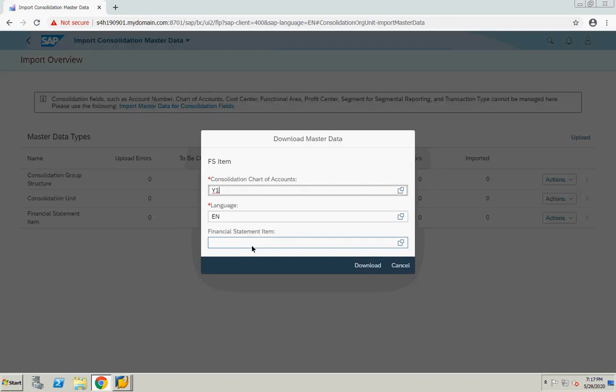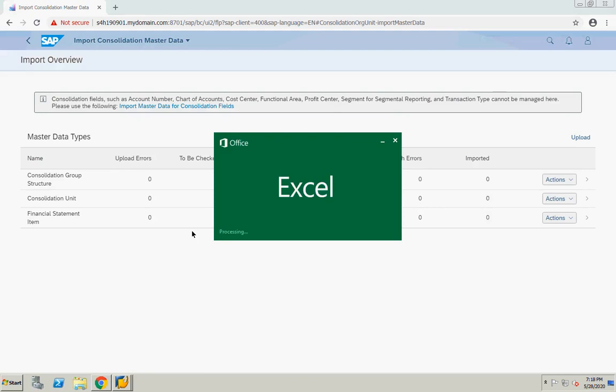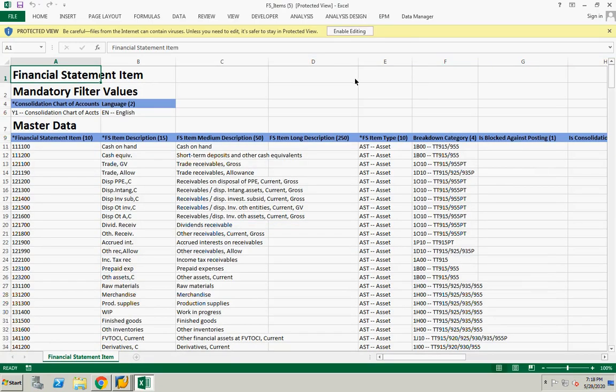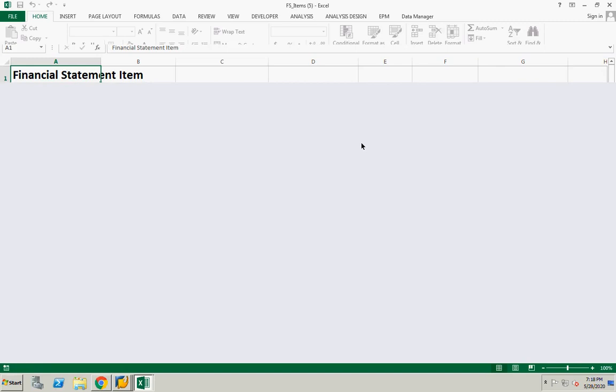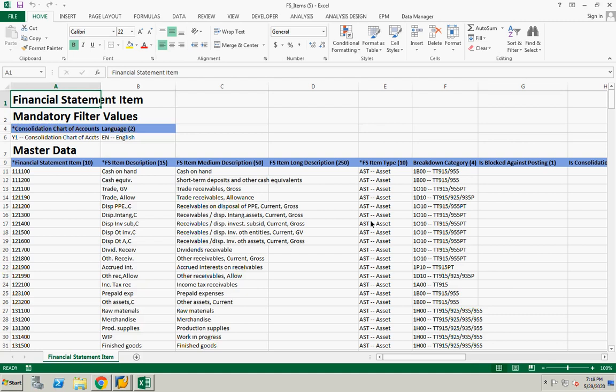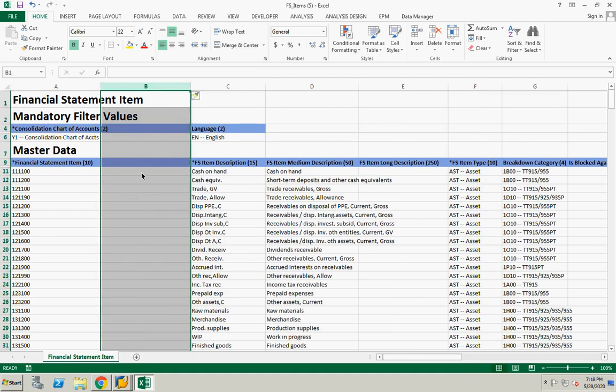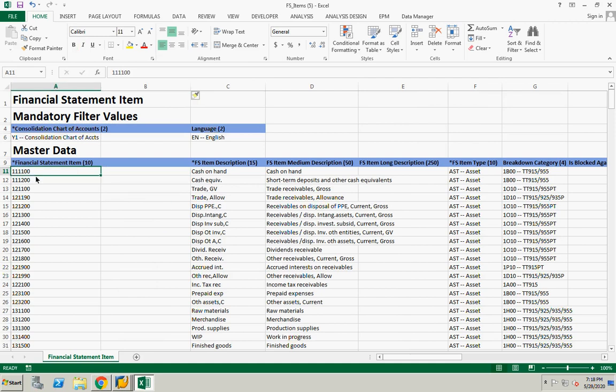Okay. So financial statement item master data. I'm just downloading this. Our main objective is maximum utilization of standard delivered content. If that is the case, download this Excel file, whatever is delivered by SAP. Insert another column here. This is my cash account. Every project will have a cash account.